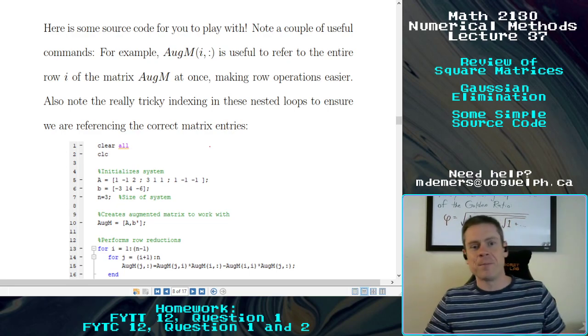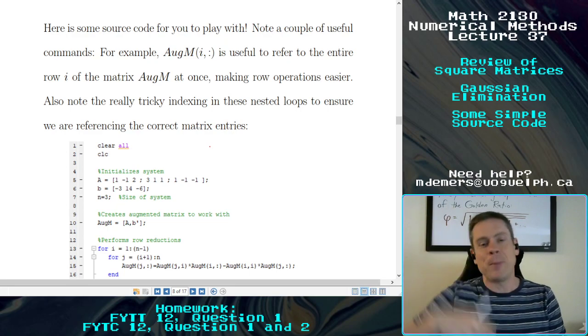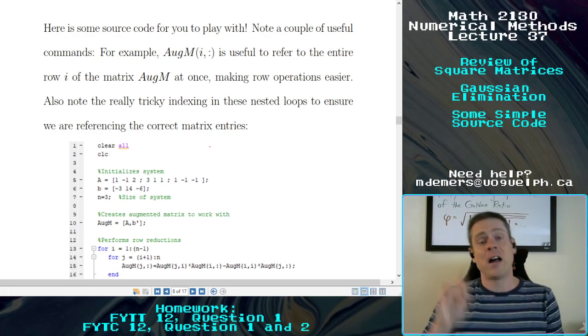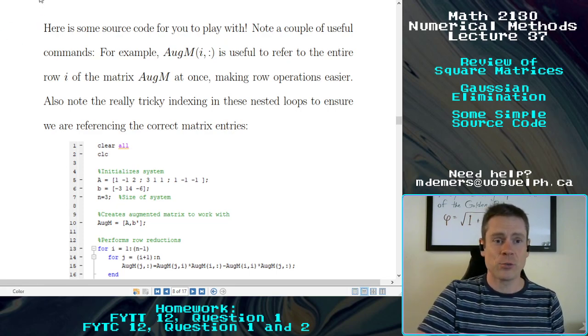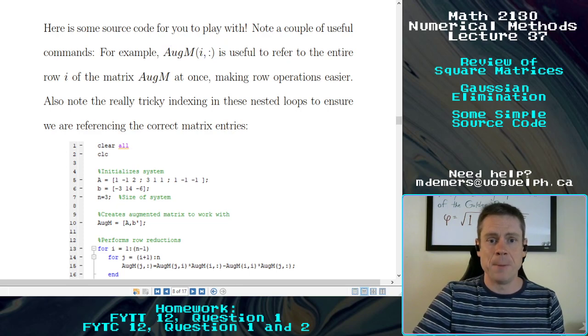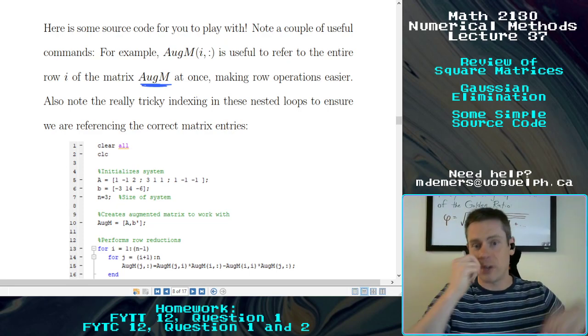We'll finish off this lecture. Using matrices in Matlab, I talked about matrix commands earlier, so I didn't want to get into a huge amount of detail here. However, I wanted to point out one extraordinarily useful command in Matlab. If you have a matrix, I called mine aug_m because it's like an augmented matrix,